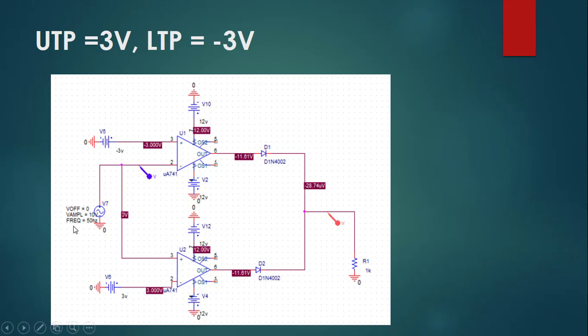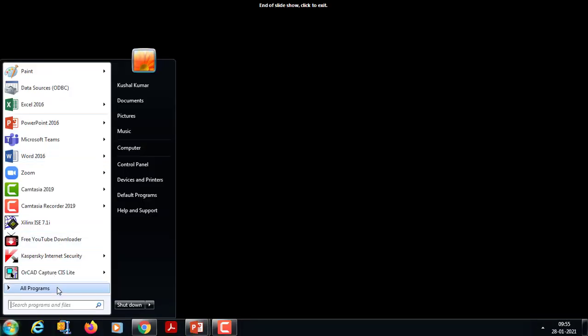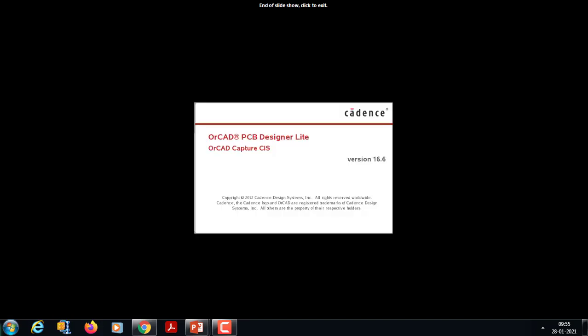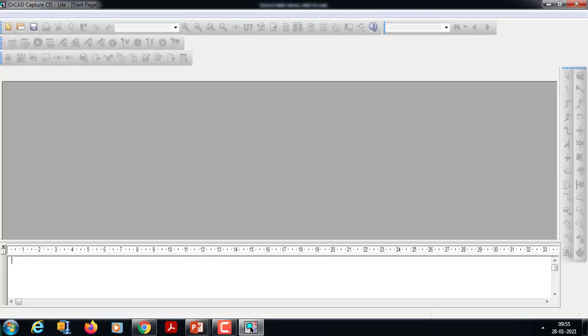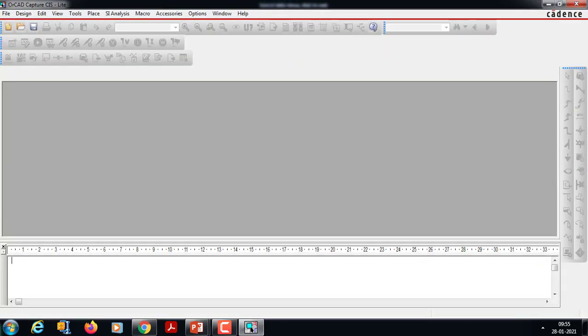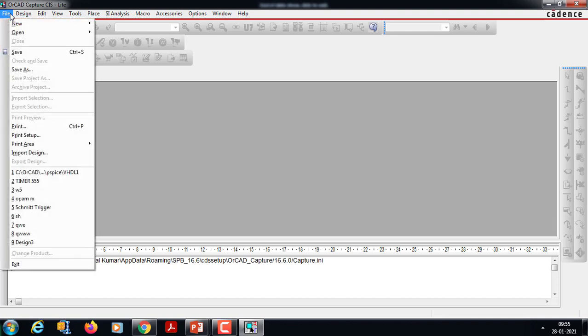So now let us go and start connecting this circuit. Now we can put it on Capture Lite. Now we can click on new project.